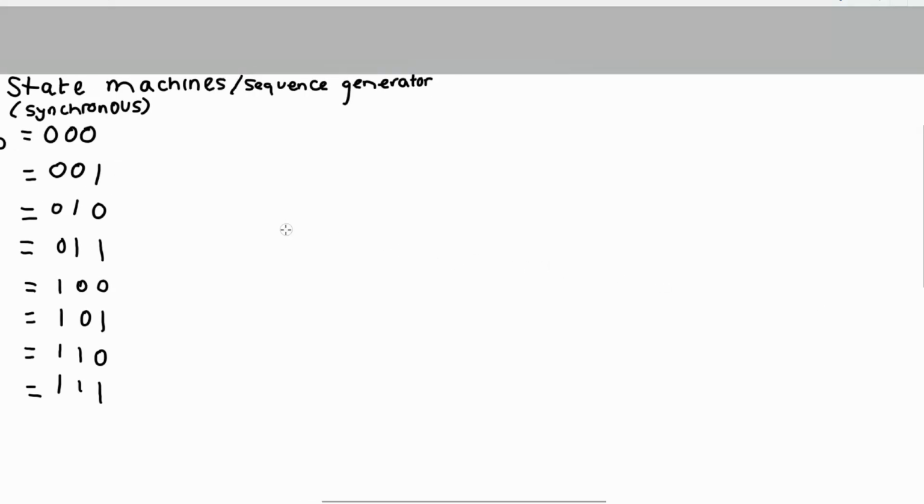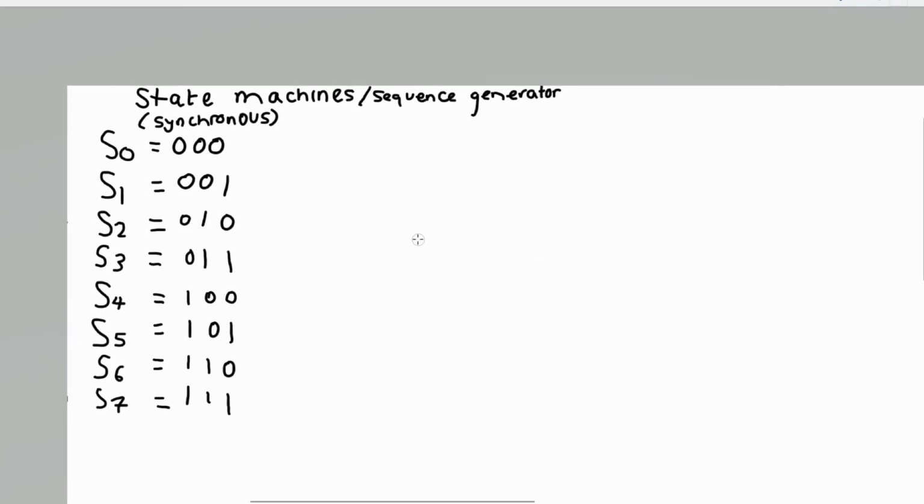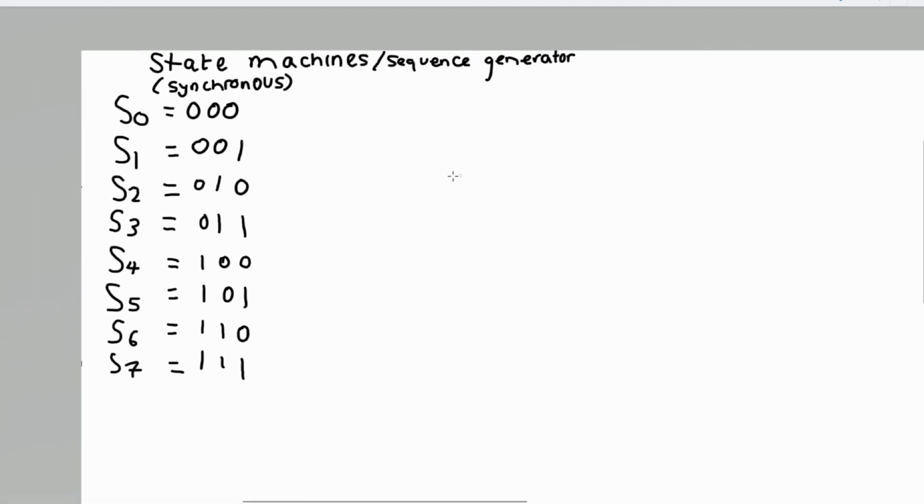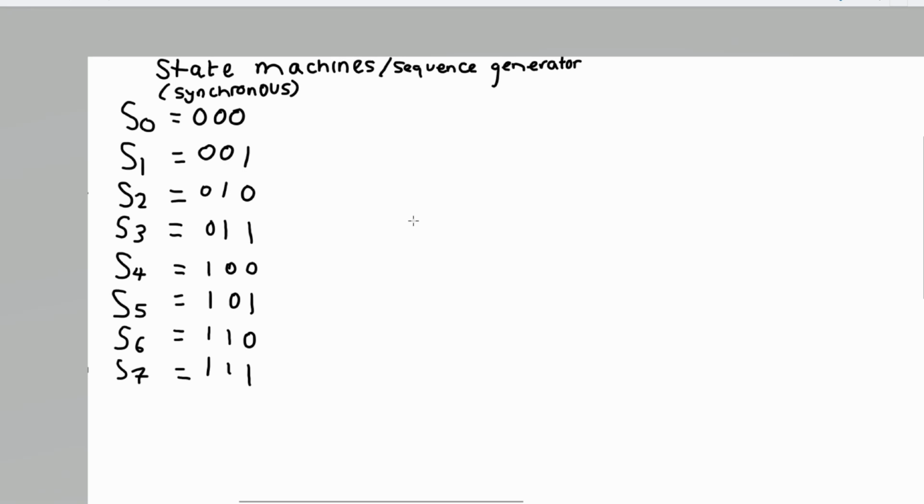Hello everyone, today I'm going to go through sequence generation using synchronous D-types. So I've just laid out all of the states that we have available to us. This is going to be a 3-bit circuit. Now let's just say, for example, you've got 3 LEDs